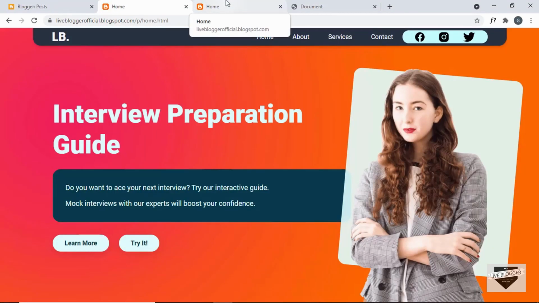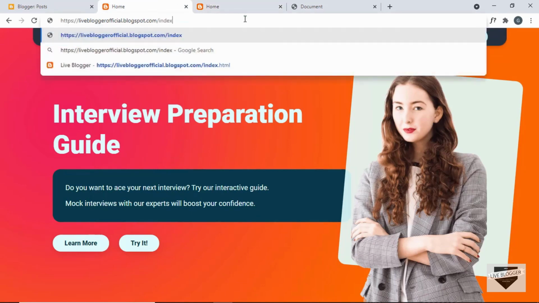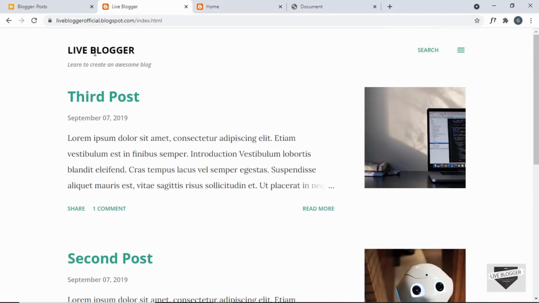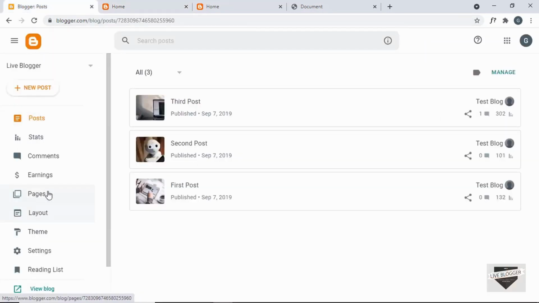Now if you want to go to the list of all the blog posts in your website, then you can go over here and just type index.html, and here we can see we are taken to the list of all the blog posts. Now you can simply add this to one of these menu items over here. I'll just quickly show you how to do that. So let's go back to our page